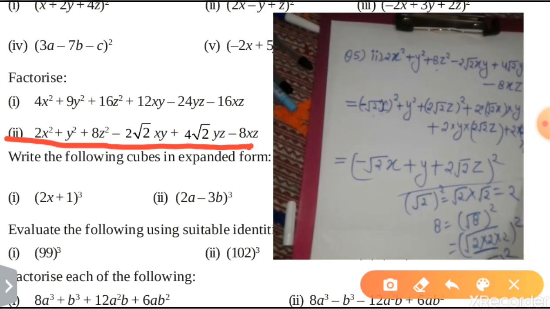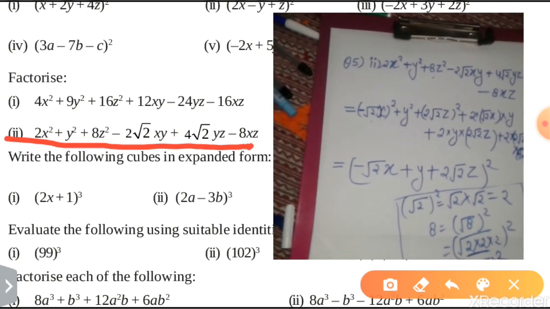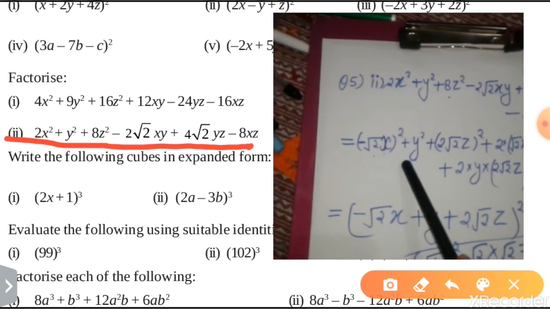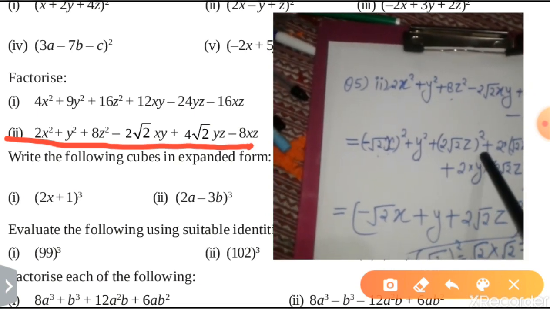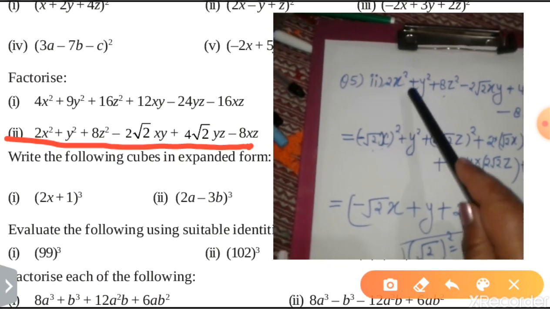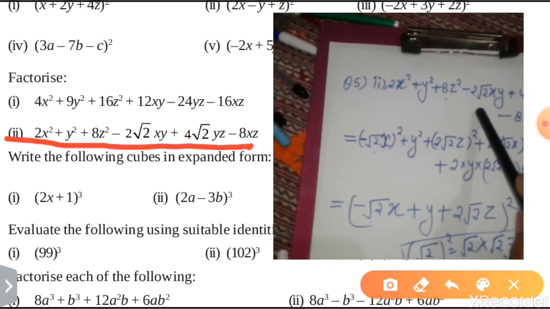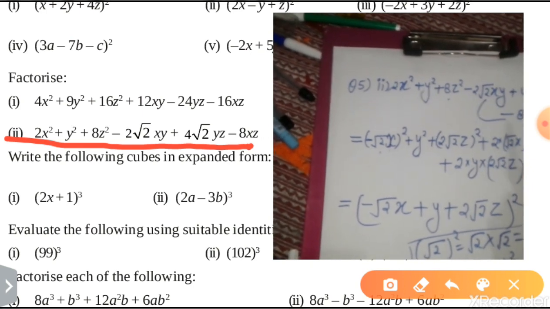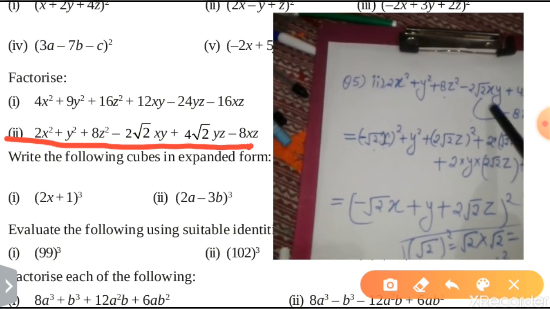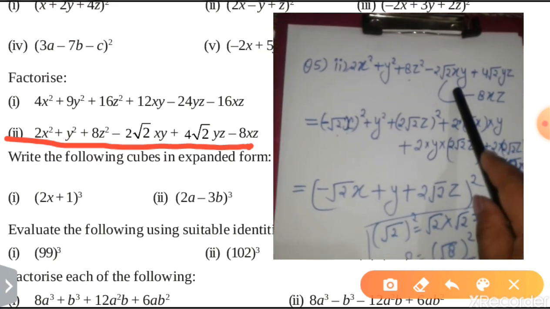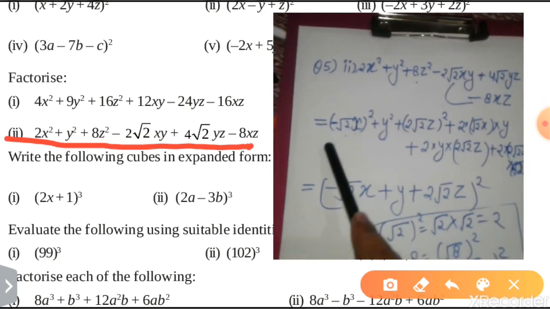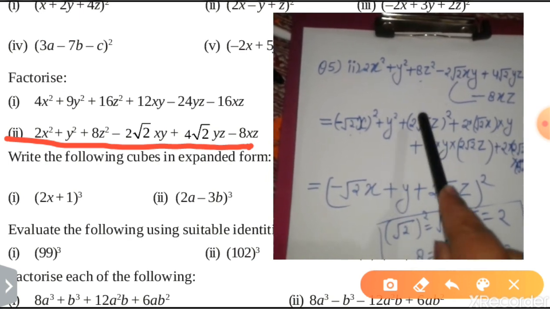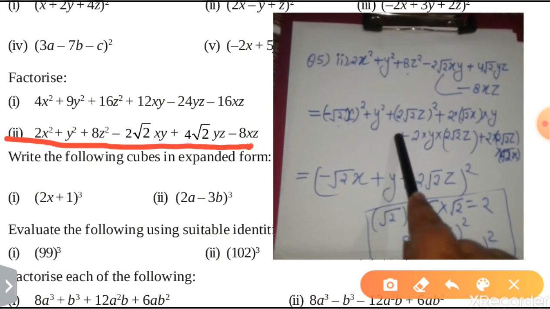But you will not write this in your fair copy, just see. So you will see that in this question it's y square and it's (2 root 2 z) square. But first I told you that you will see where is the negative sign. The negative sign is among these two terms. And in these two terms, what is the common variable? The common variable is x. So in the place of x you will write the negative sign, and in the rest of the part you will not write the negative sign. But you can solve this with another method also, I will show you after that.